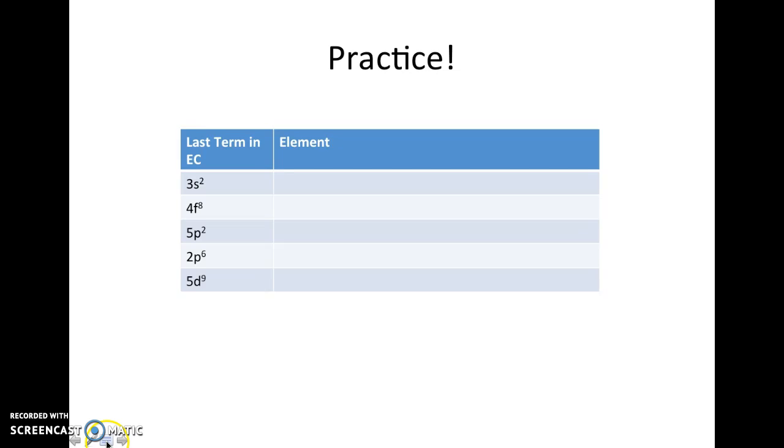For your practice, I have given you some last terms, and I want you to figure out what the element is based off of the last term. So I have 3s2, I need